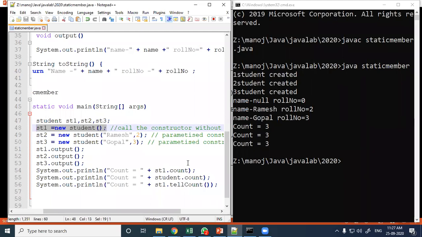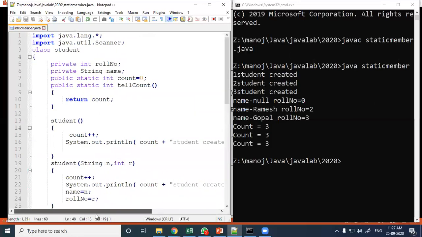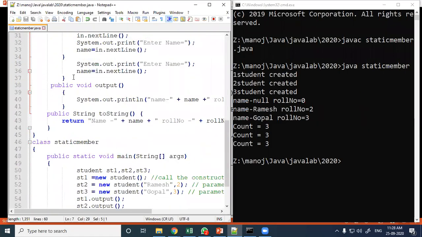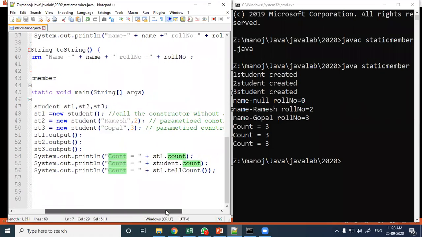As I told, the count variable can be accessed by an outsider if it is public, then you can access it directly. See here in this program, I have made this count static member public. Static means shared by all, public means it can be accessed by an outsider. Here in the main function, the class is defined outside, so I can directly access this public member through the object.